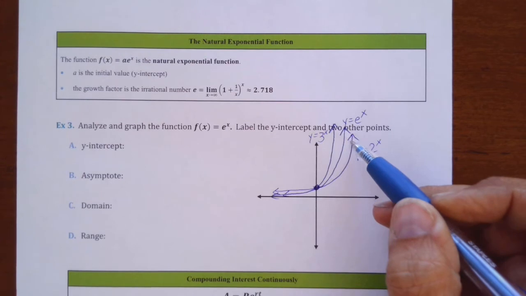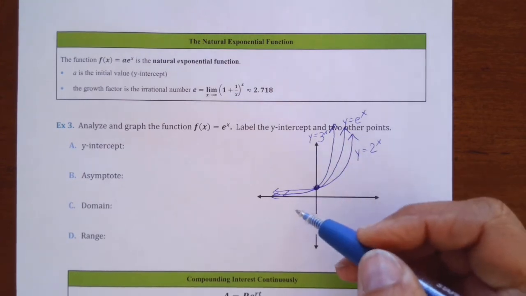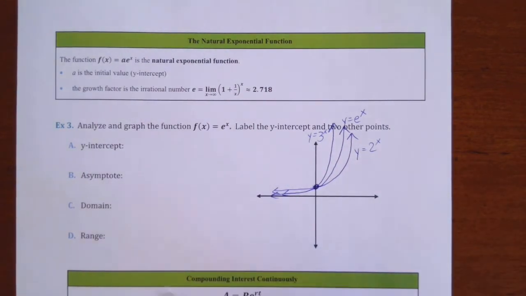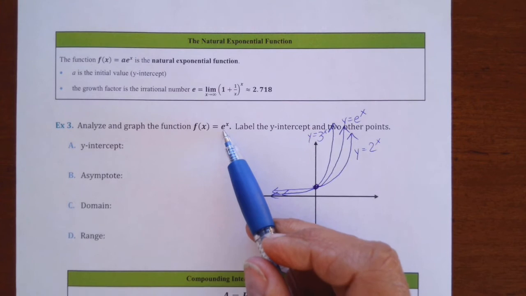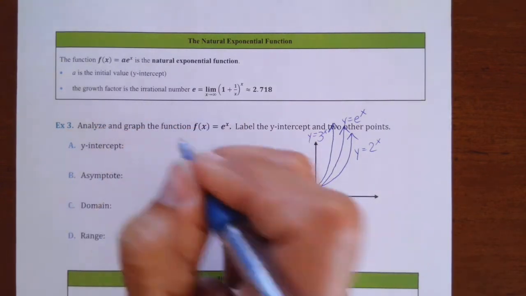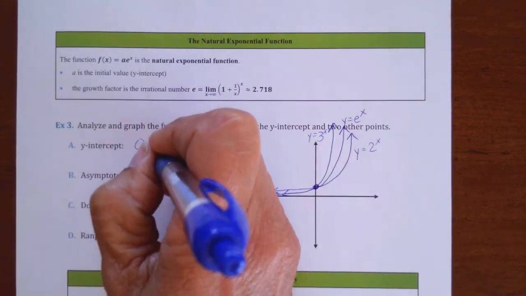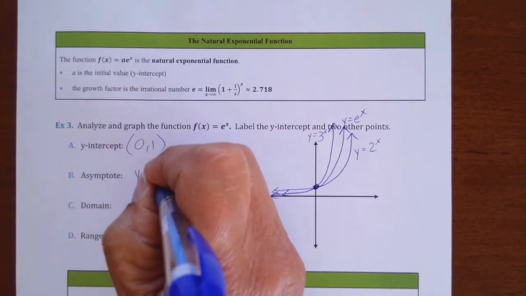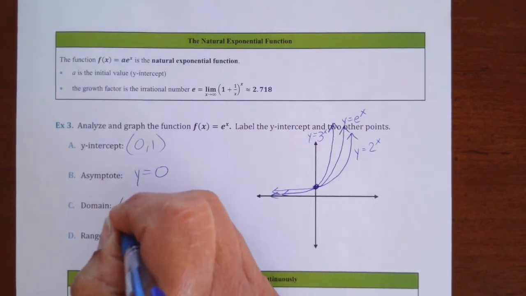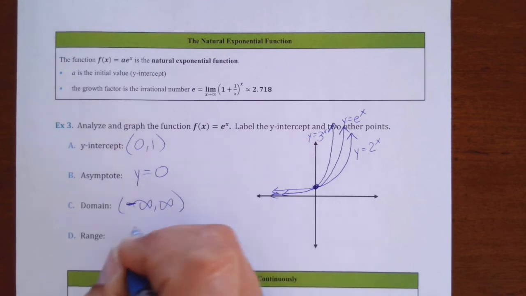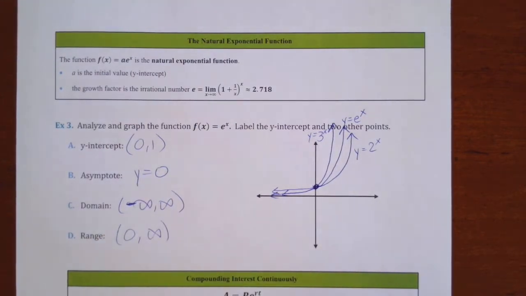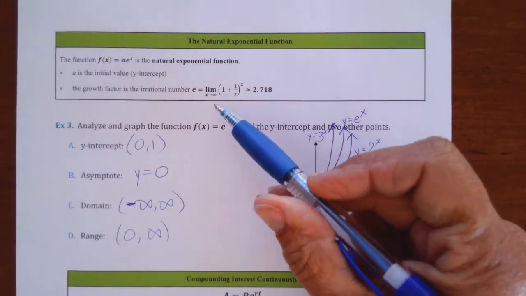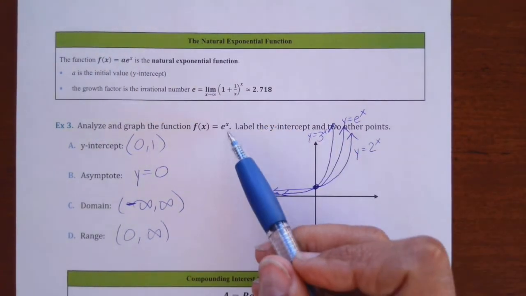So if you graphed it, that's what you would see. So it doesn't change any of the information because it's just a regular exponential function with a base that's bigger than 1, right? 2.718 is bigger than 1. So your y-intercept is still at 0, 1. The asymptote is still at 0. The domain is all real numbers, and the range still goes from 0 to infinity. So nothing changes. What you guys have to get used to is the fact that e is not a variable,